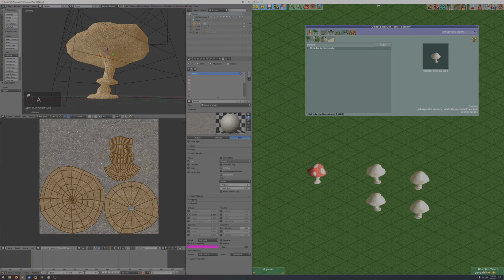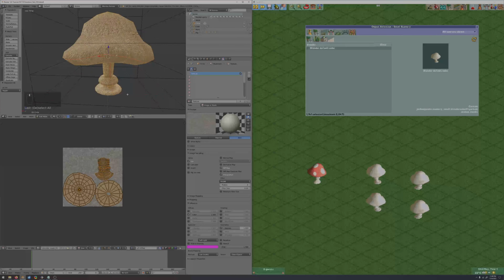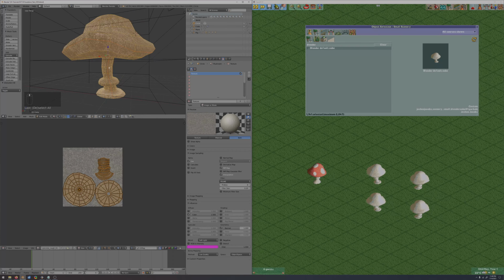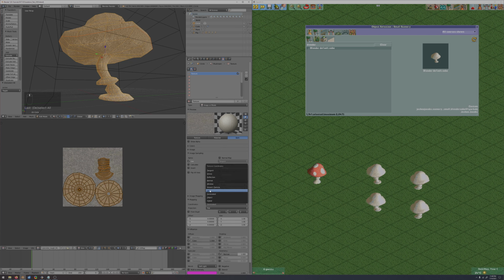And this adds those unfolded versions of the mushroom here. And you can see that nothing really has changed, but if I go to mapping down here and change this back to UV,